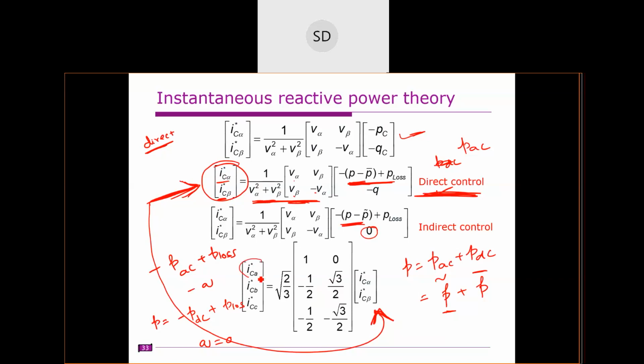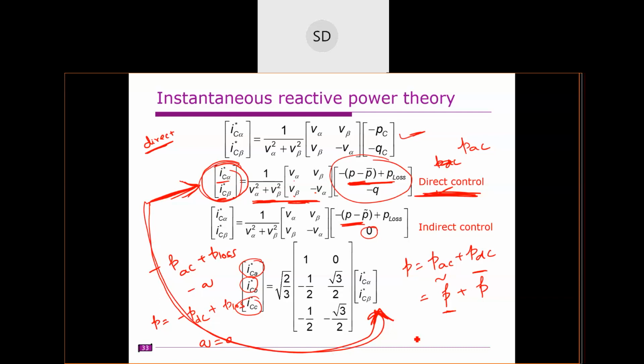Okay, so this is the ABC reference frame. By using this transformation, we are converted back to ABC. Clear? The first thing is, we will calculate how much power the D-STATCOM is supposed to draw, right? The next step is to calculate the reference current in the alpha-beta reference frame by incorporating these powers. Once this is done, we will convert back to the ABC reference frame.